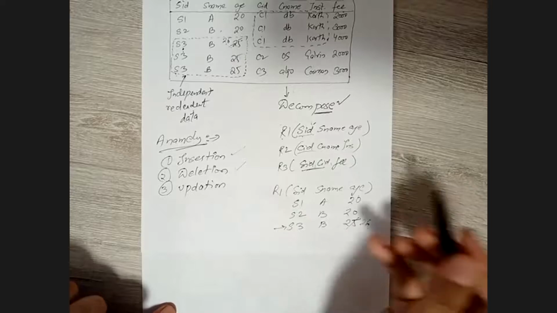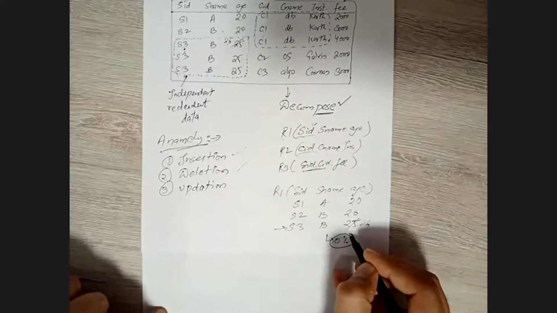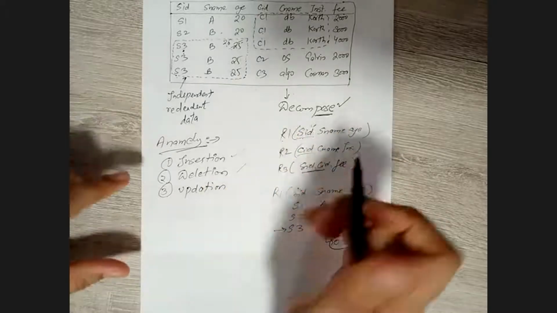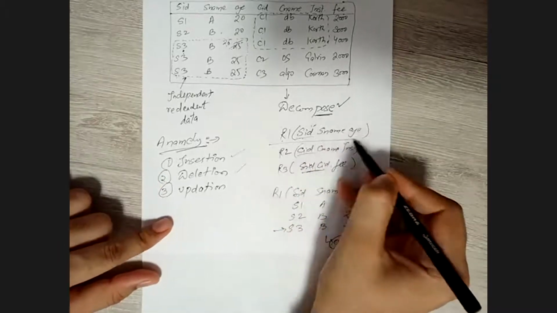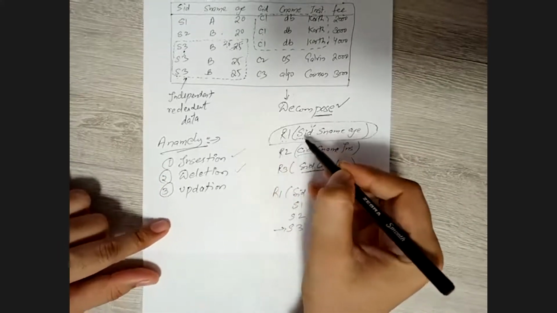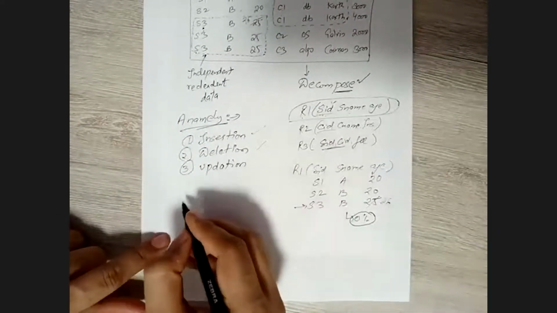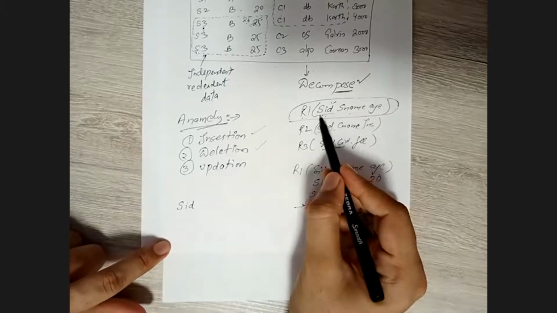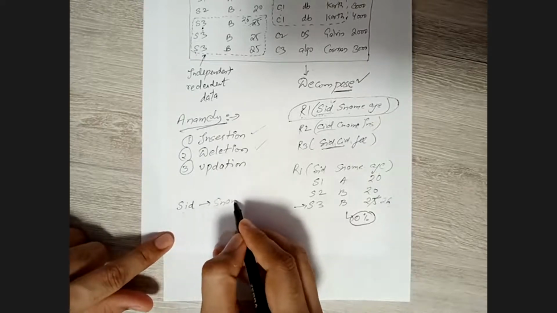Now here there is something called, we can achieve 0% redundancy, right? So that means no anomalies, basically it's already been normalized, right? What I mean to say is, when I take this table R1, SID is the primary key and SName and age, right? So we are already familiar with this thing. For example, I said this is the primary key. It means what? From SID we can retrieve SName, yes or no?